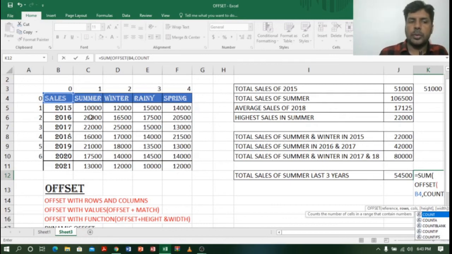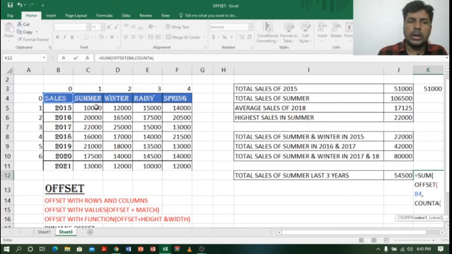Sometimes instead of numbers, we may enter something like nil sales. No sales happens, then we will enter text, right? At that time the count function will not work, right? So instead of count, I will take counta. So counta, and let me select the whole column. I will drag till down. You can also drag down if you have more empty cells. So let me close the bracket. When I say counta, automatically it will take as 7 because only 7 values are there, right?